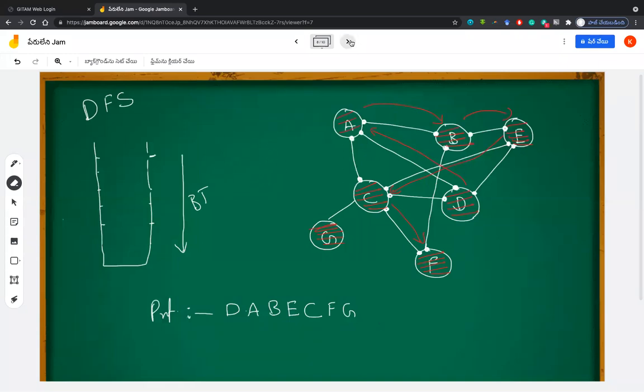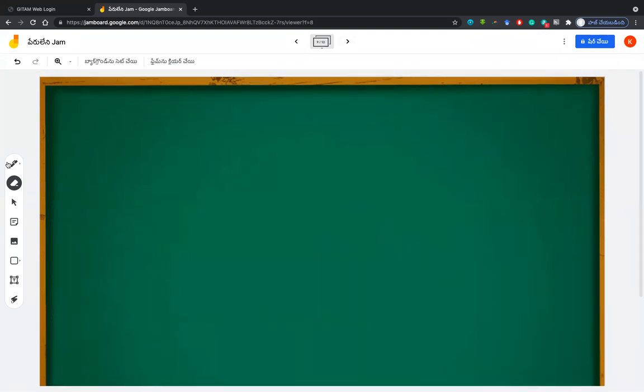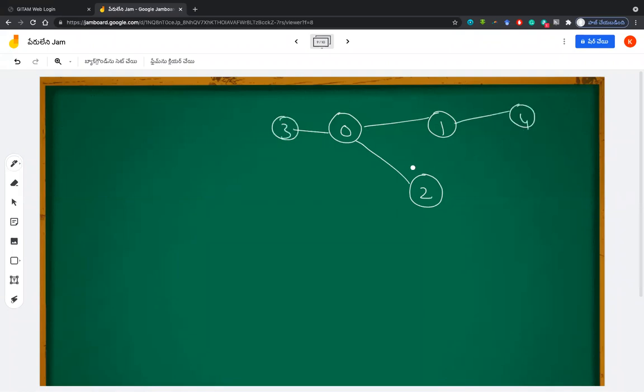Okay, let's practice another thing. I will draw another graph now and you have to tell me, this time I will take numbers. 0, 1, 2, 3, 4, 7, 5, connected to 5.